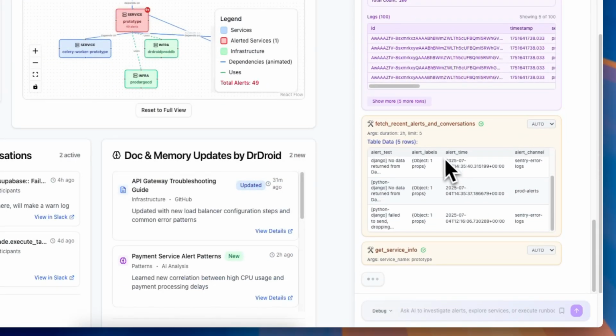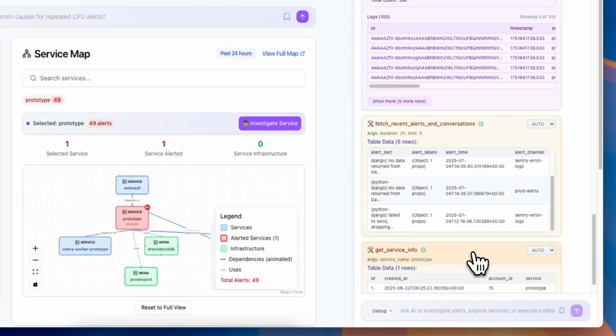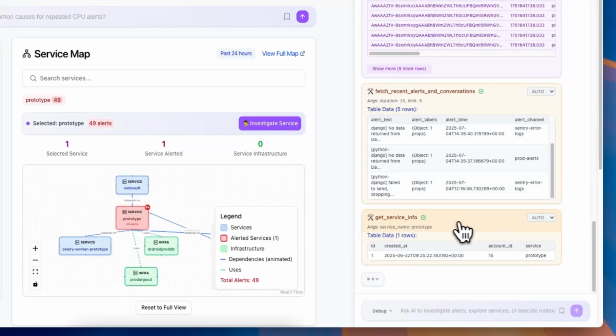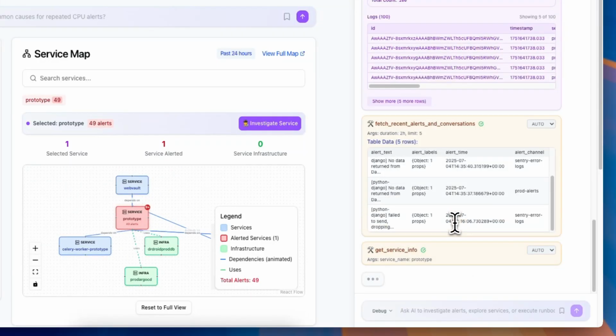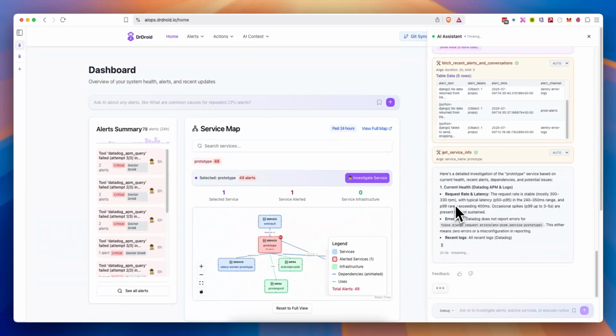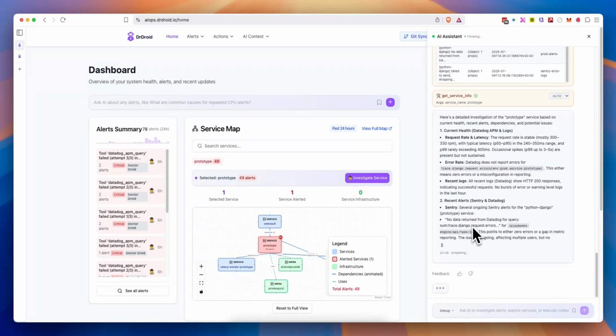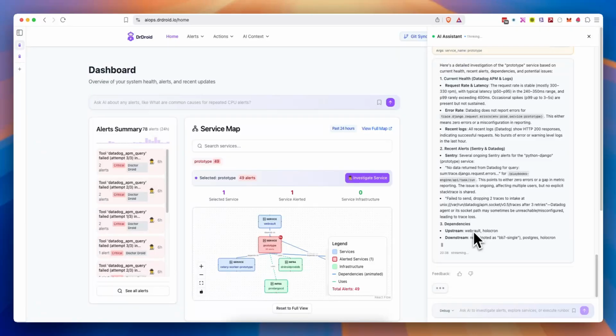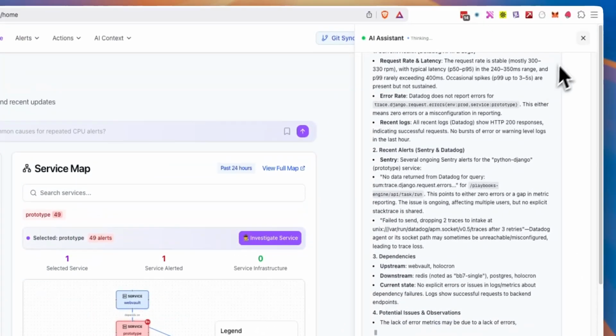It looked up what other alerts have come up in the platform, and what the more detailed information about the service is, if there's anything. And now it's going to give you an analysis on what metrics it found were healthy, not healthy, and what issues it found. So